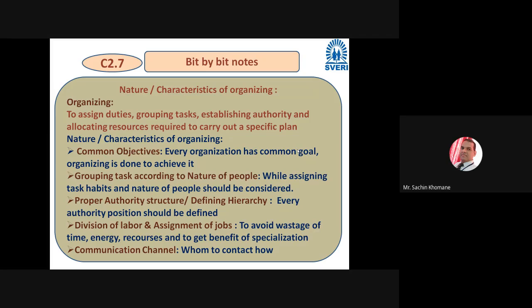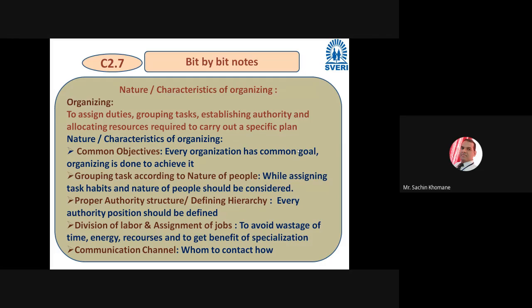Suppose you have skilled labor, semi-skilled labor, right? So who is having more skills, you should appoint at that particular group where skills are required. So you have to divide your labor into proper groups. Why? To avoid the wastage of time. If any expert labor is there, then you have to appoint at the very genuine areas where this expert is required. So what is the benefit of it? You can avoid the wastage of time, right?